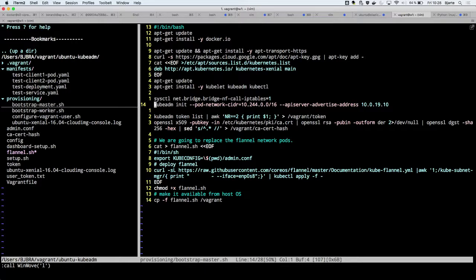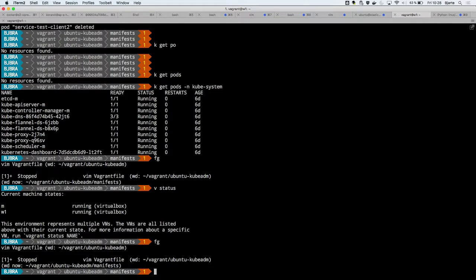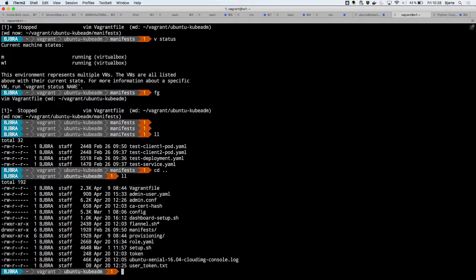Basically, I have two Ubuntu servers, and there are not many lines to provision a Kubernetes cluster. So this line, kubeadm init, and kubeadm join on this line. That's how you do it. And if you have a new node, you can add it and you just join it in. So I'm going to log on to the